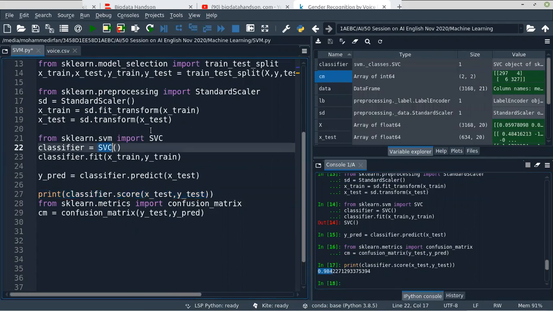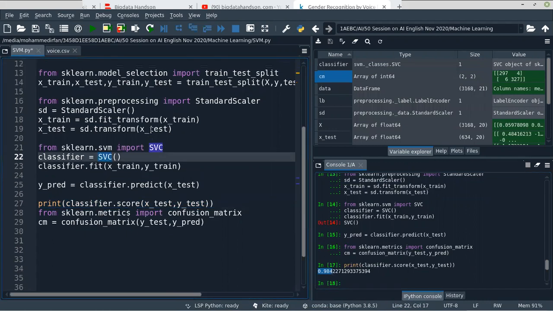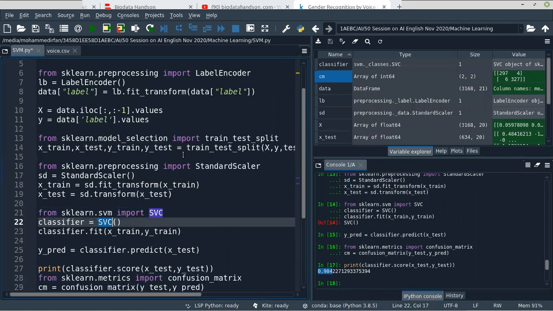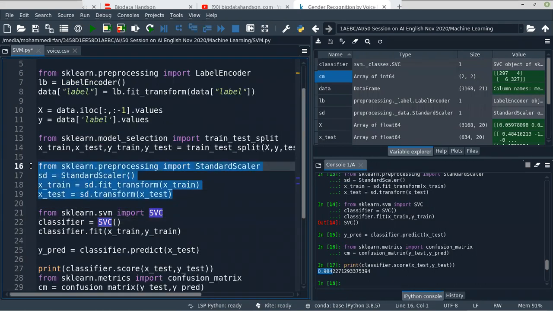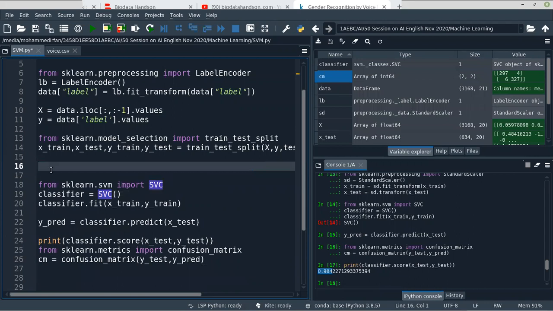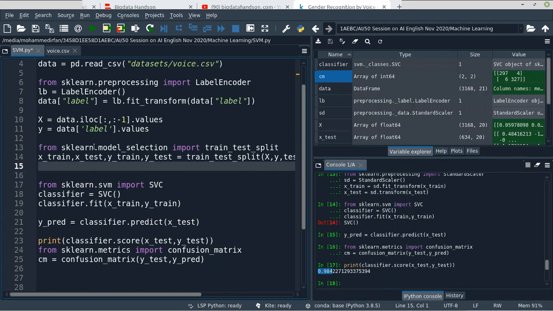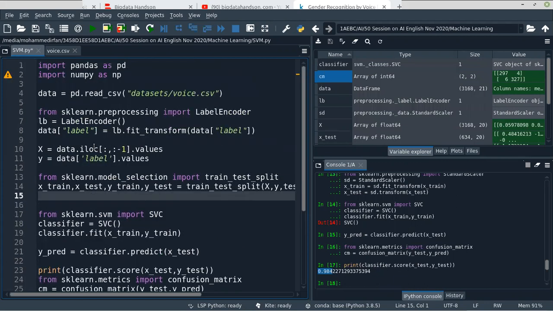Actually, it's not the power of SVM. We have done this algorithm previously in the Tamil sessions. That time, I did not standardize the scale. So this was the problem I had in the previous Tamil session, and I got a lower accuracy.